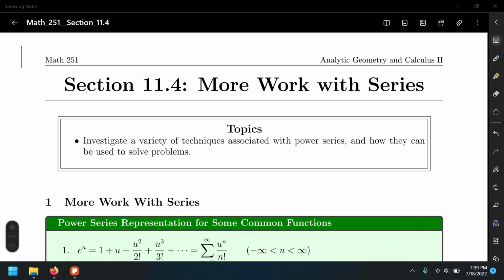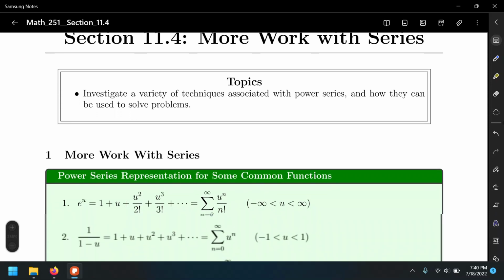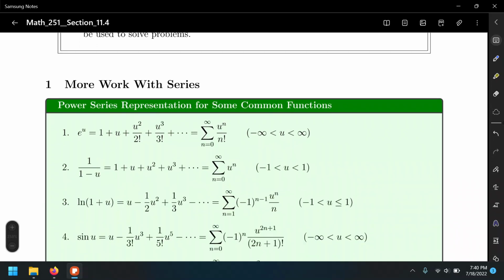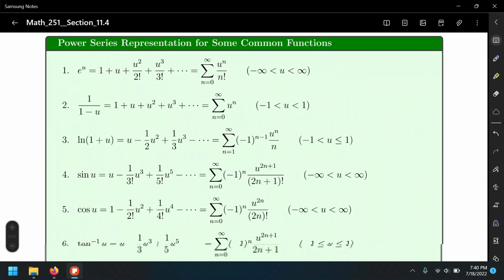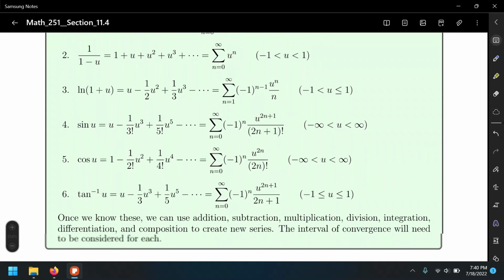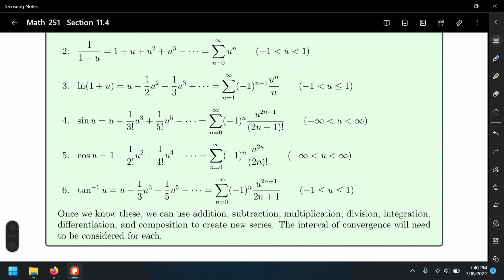11.4 more work with series. So we are going to further discuss a little more on series, on power series more in particular. So again, this is going to take us back to the different representations that we obtained in the previous couple of sections. We're going to apply a little bit more of this,